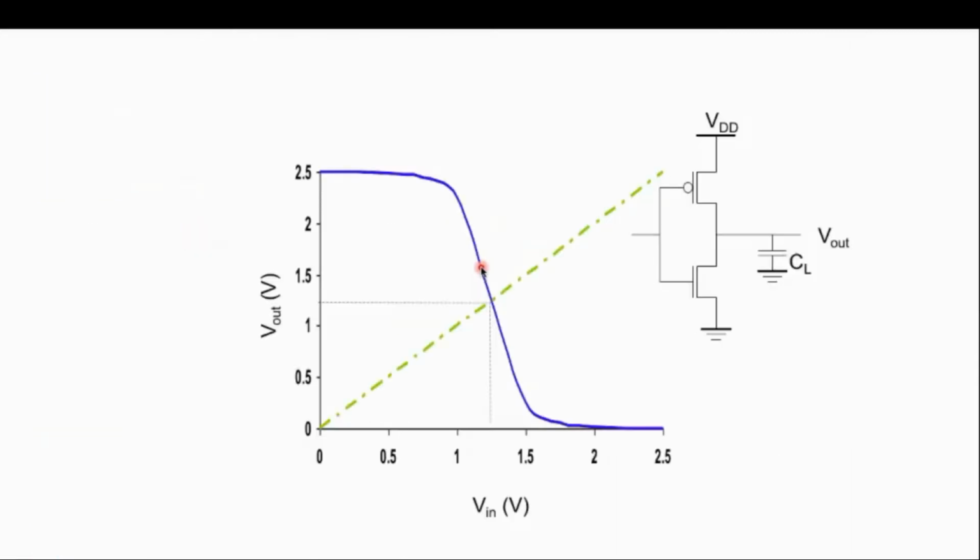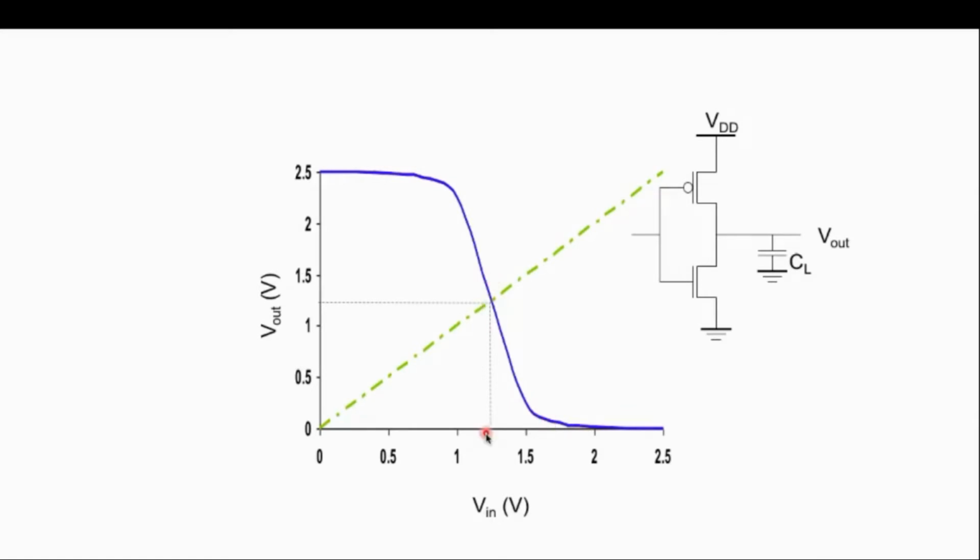Now, these are the characteristics of your device. This gives you a fair idea of how we can discuss this. Here you can see your input being varied from 0 to 2.5, and correspondingly when your input starts increasing beyond 1 volt, that means when your V in is equal to VIL, what happens is your output starts falling like this.